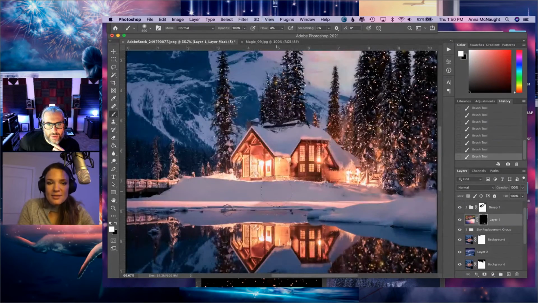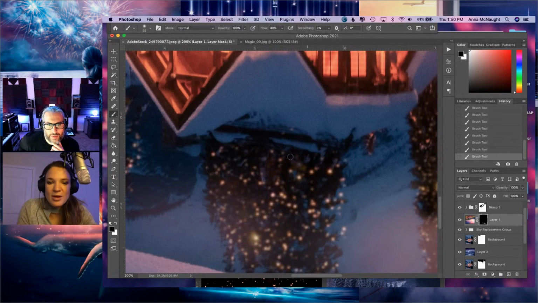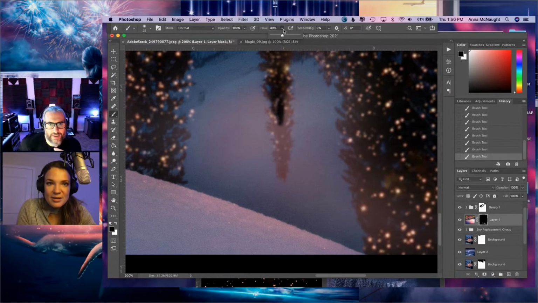Sometimes I'll do it like that, and then I'll bring the flow up, switch back to black, and make sure this is cleaned up, bring that tree back. And we could do this with a tree brush and get the edges all perfect.